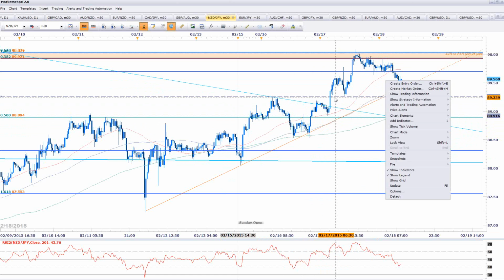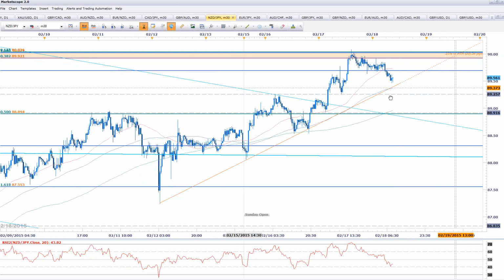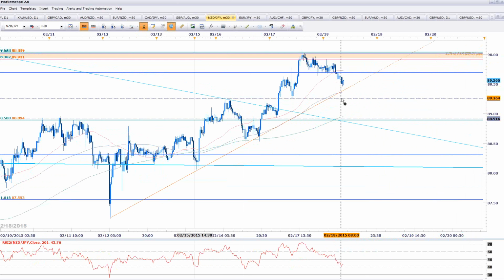At this point, I'm mindful. Like I said, longs into 90 are at risk. Who asked this question? This is for Chintan. Longs into 90 are at risk. Even if you get a nice momentum trigger, I'd try to get a trigger as close to 89.25 as possible, because again, a break below that invalidates the opening range bias, and momentum being at 40 here. So if you get a topside trigger break,